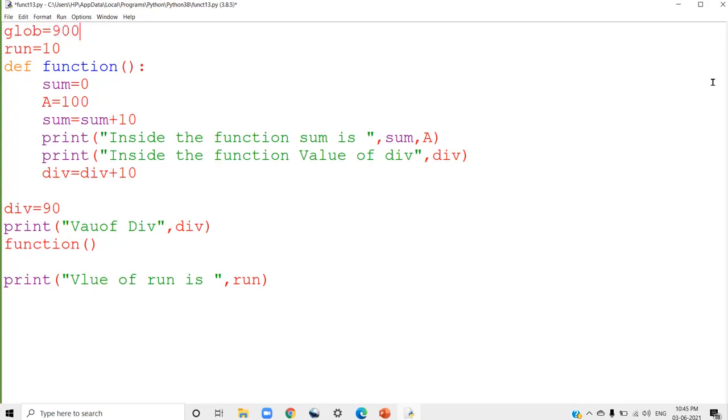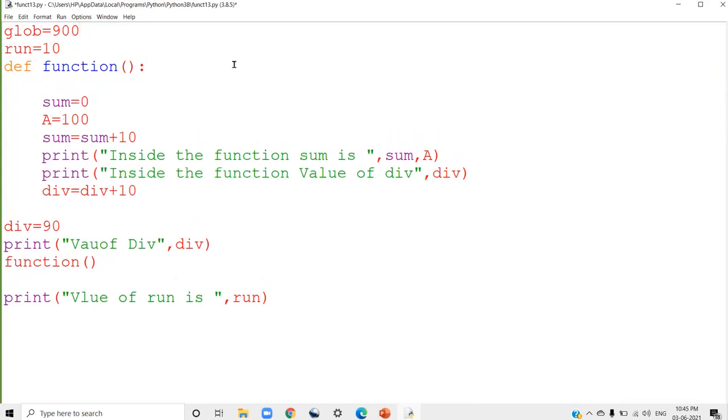Glob, that is a global variable. And inside the function also, I am going to use the same variable glob equal to 800. Global variable glob has the value 900 and I'm using the same name inside the function and declaring another value.